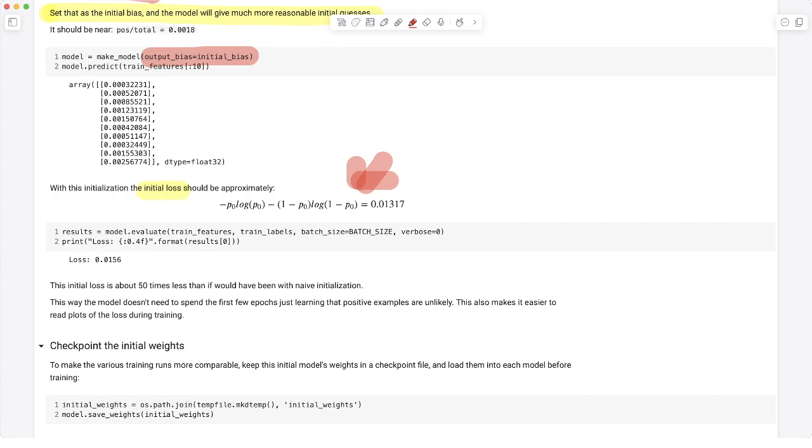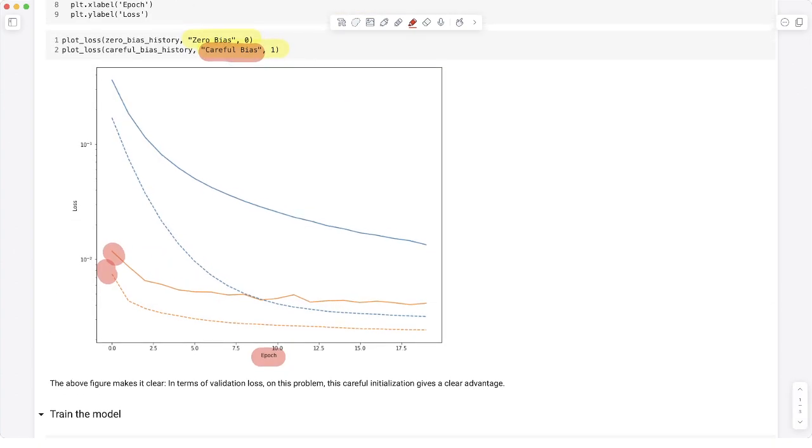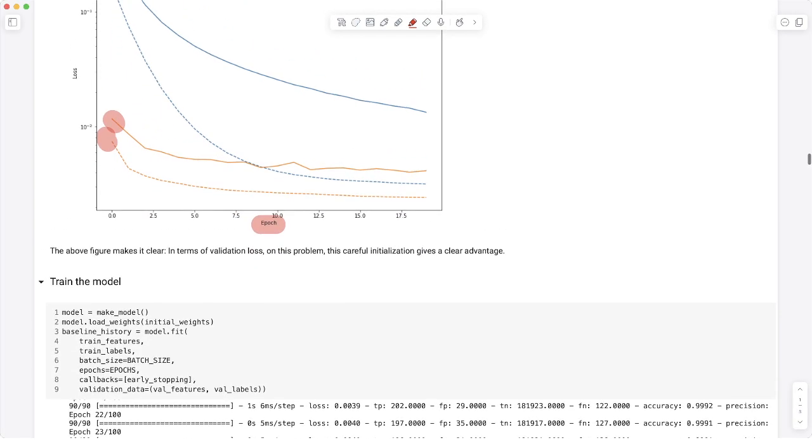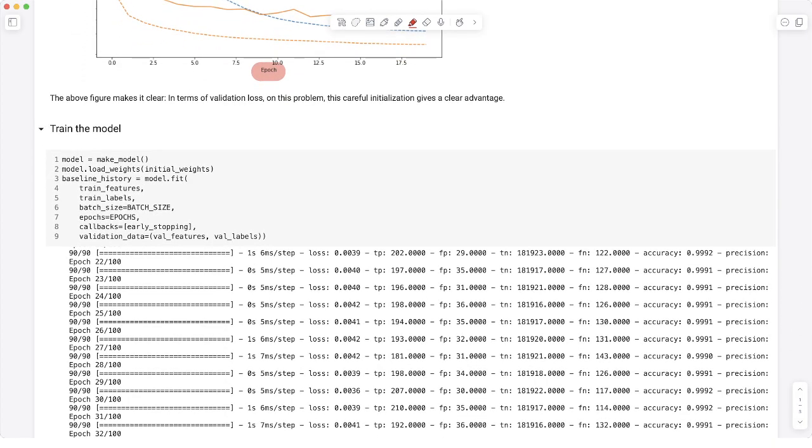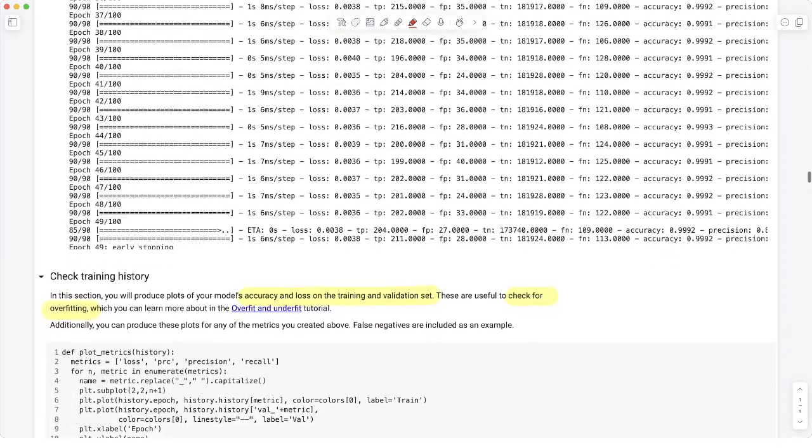That is the definition of cross entropy, okay, and we have the probability of P0, which means the probability of positive. So it is a lower loss value compared to using a random bias. Okay, so that is one of the very useful techniques you should use. That is the first technique. Okay, and we train the model, and after that we can see that right here